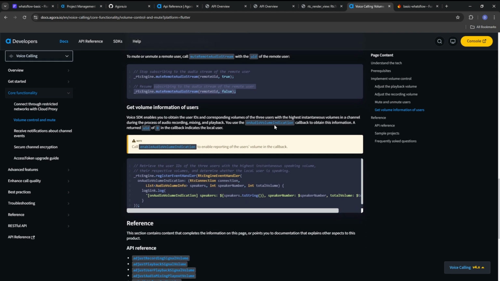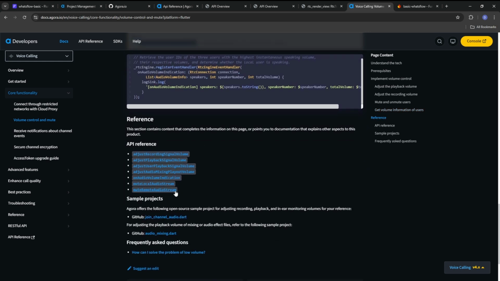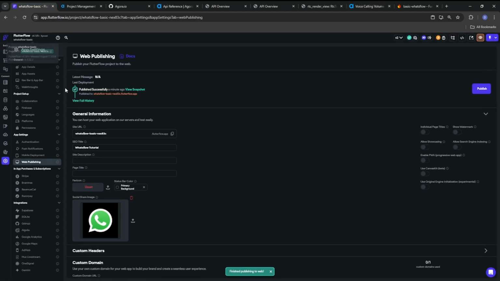And then you can get volume information from users. Essentially it indicates whether the user is speaking or not, and what their speaker volume is and all of that. This helps a lot in order to be able to see whether the user is actually speaking or not speaking. Now there's a lot more that you can also do from here. You are more than welcome to run through these. What I'll show you is inside of my code. What I've done is, firstly,